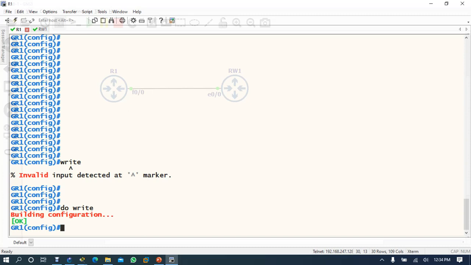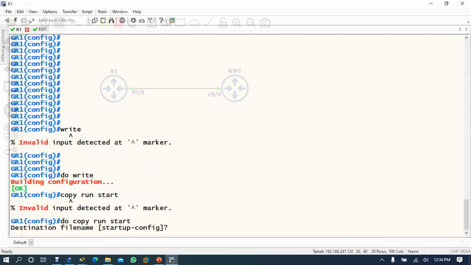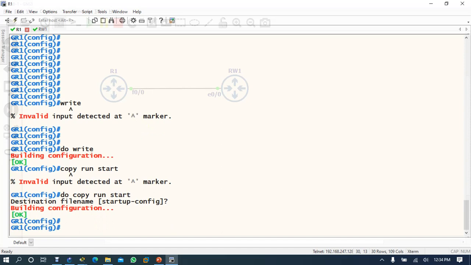See, if I write copy running-config startup-config here, it's not taking, but if I run it with "do", it has taken.